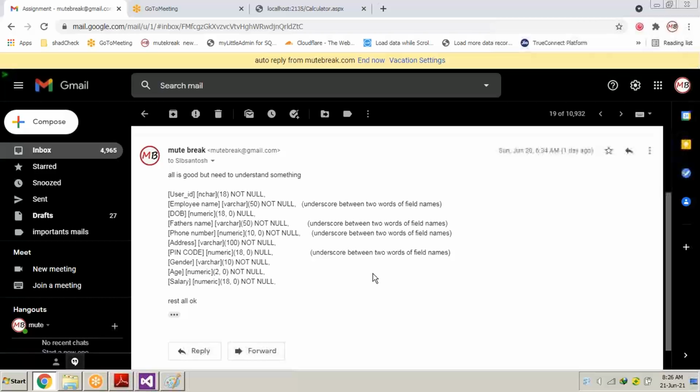And the second field is employee name. Remember one thing, if you have 2 words or 3 words inside a field name, don't give a space between them. As you have written employee name with a space between them, don't give a space between the 2 words. If the field contains 2 or 3 words, give an underscore. What will happen?